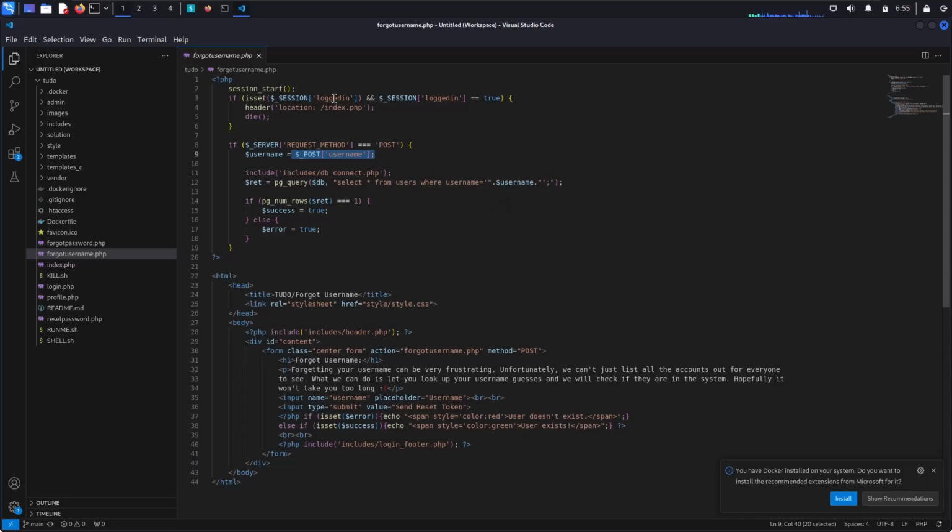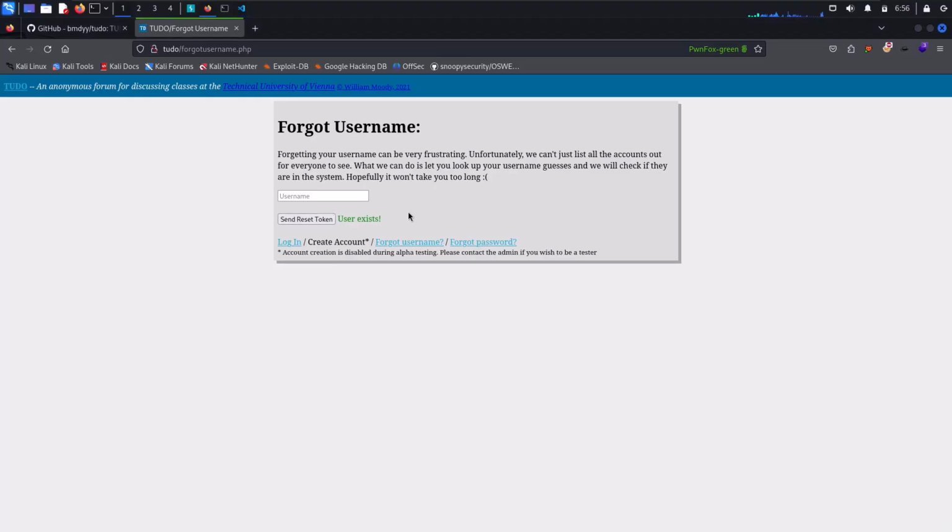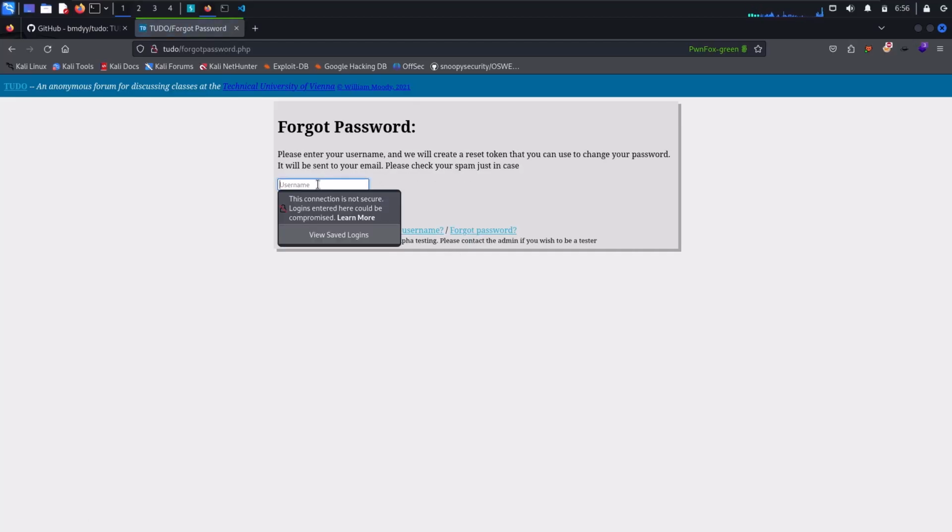Okay, the second thing is forgot password. Let's see what it is. And here we can see if username admin not equal to admin. Okay, so if user not equal to admin, we can only send it without admin. Let's see. Also forgot password, admin, nothing happened. So user one,